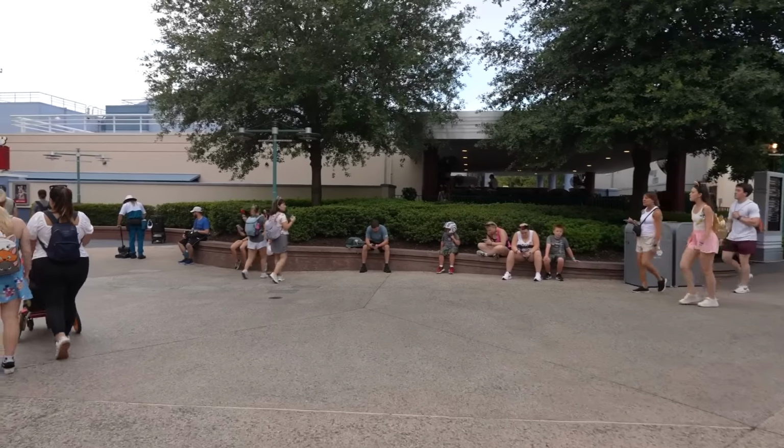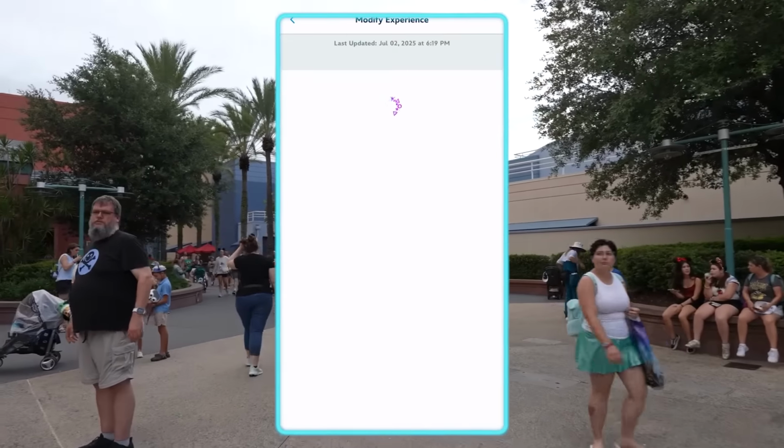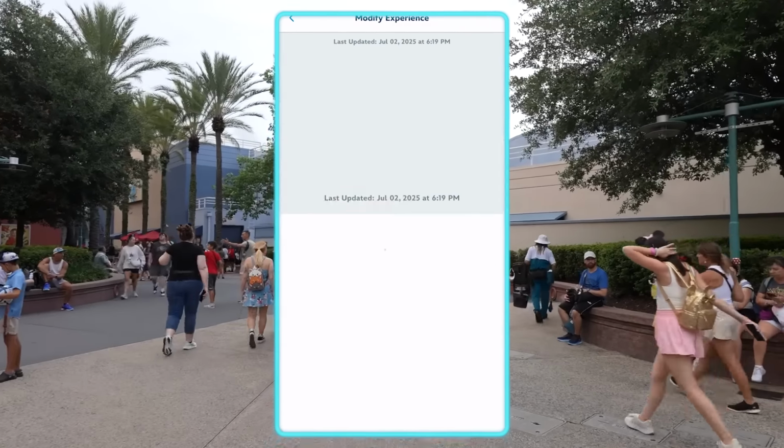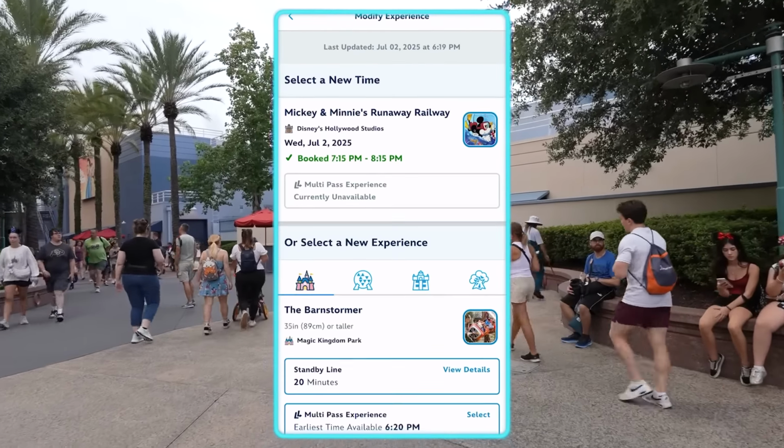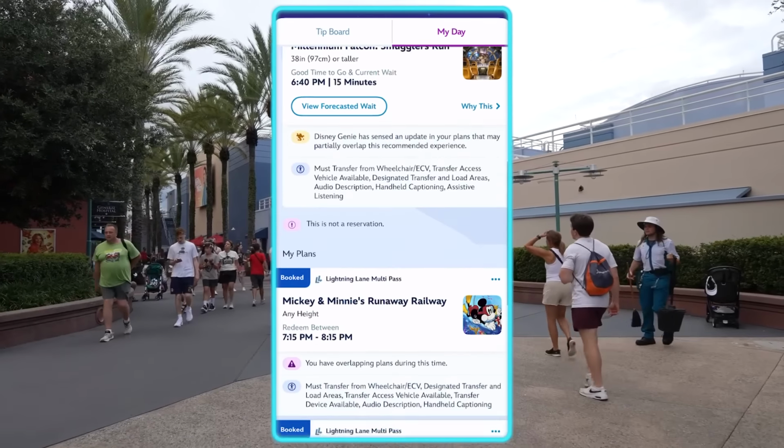All right, delicious snack consumed. And I did fiddle faddle for a minute for Mickey and Minnie's. Didn't see anything closer popped up. Found some more further away pop up. But I was able to move my Toy Story Mania to sooner,